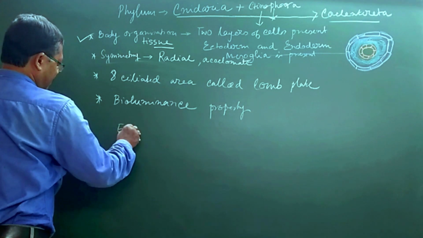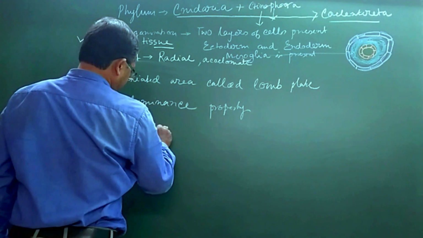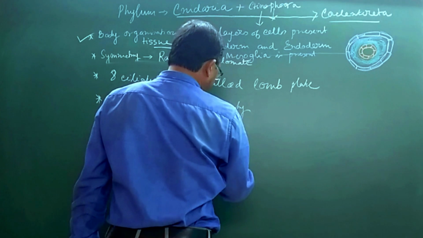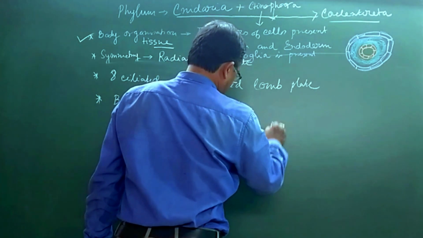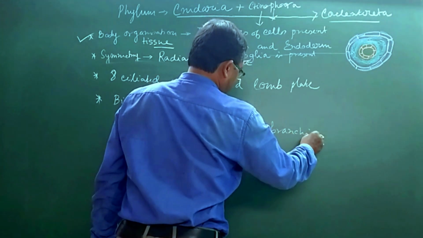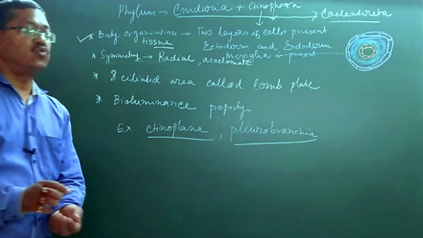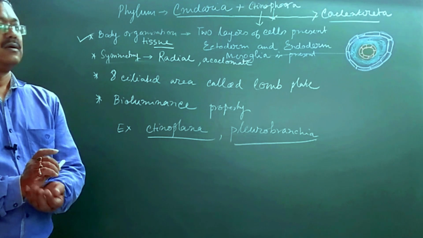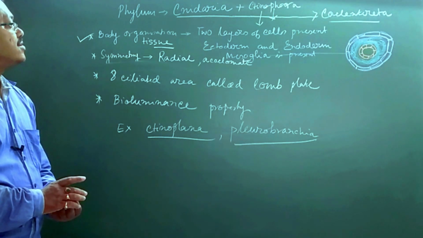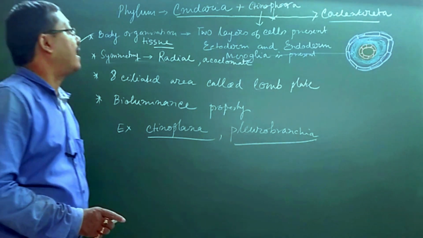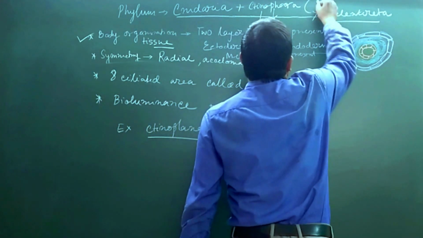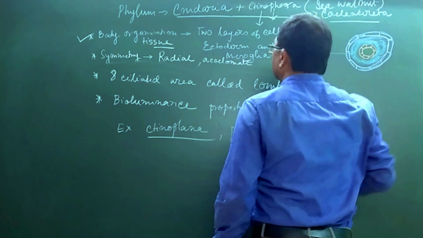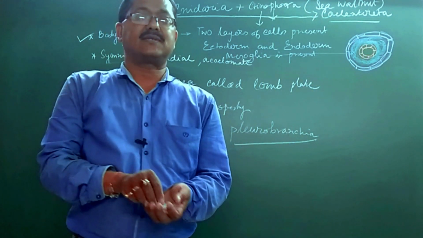Examples: Ctenoplana and Pleurobrachia are two genera under Ctenophora. Ctenophora is also called the sea walnut. Now, in the next class,